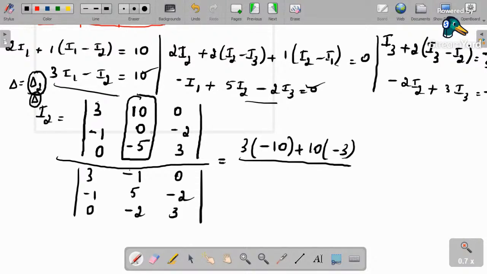0 times and minus of 5, so minus 10, correct. So denominator என்ன இருக்கும், so 3 times